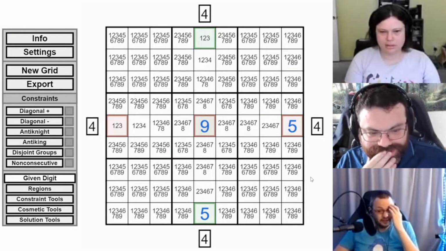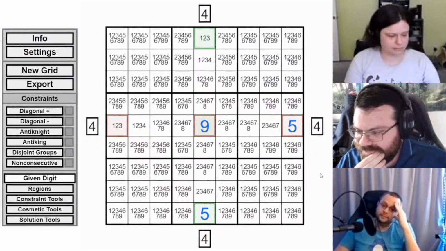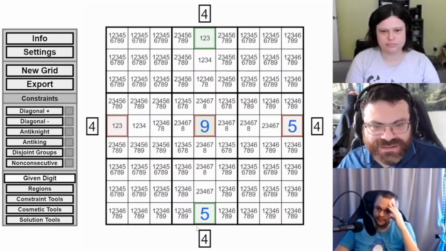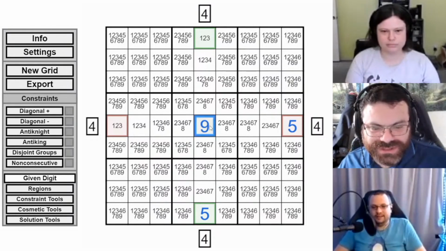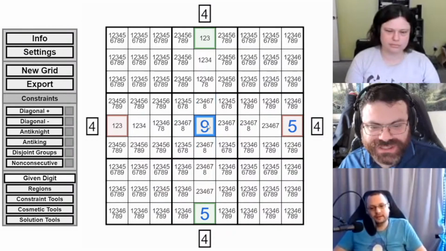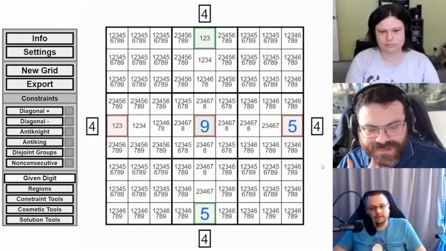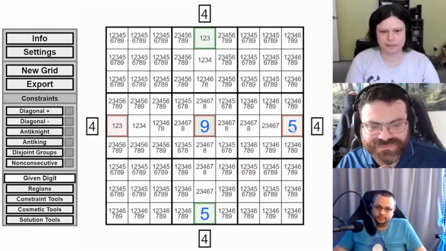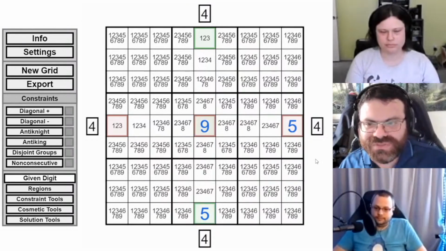Well, it's symmetric logic. That makes sense, yeah. So I think no matter what, these double 4s force the 9 in the middle, don't they? Because it's 9s here or 9s here, so that crosses and puts a 9 there. Yeah. Which then puts the 5s, because it's indexed. So that's what happened there.